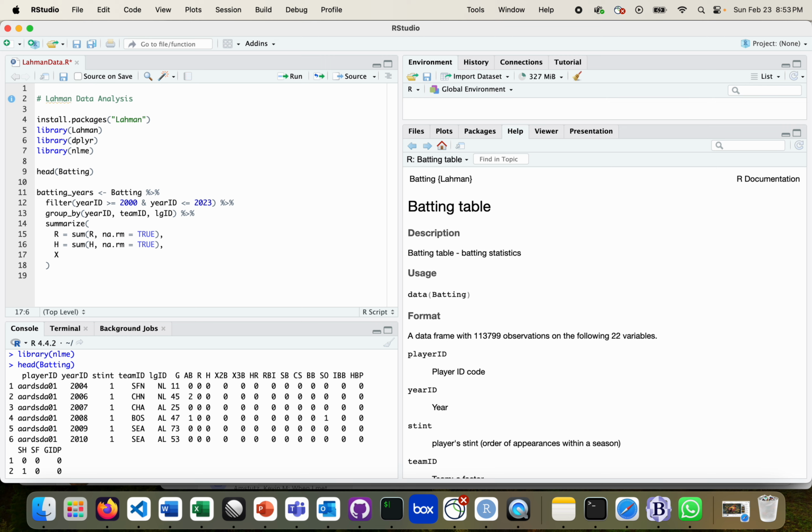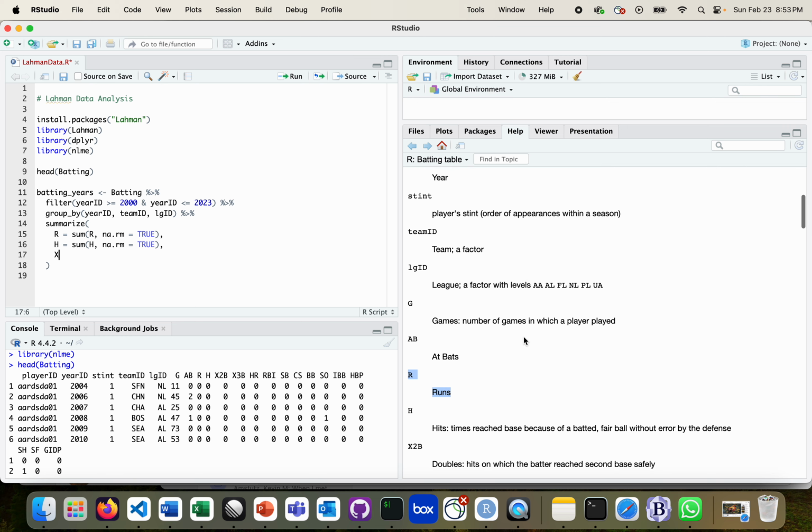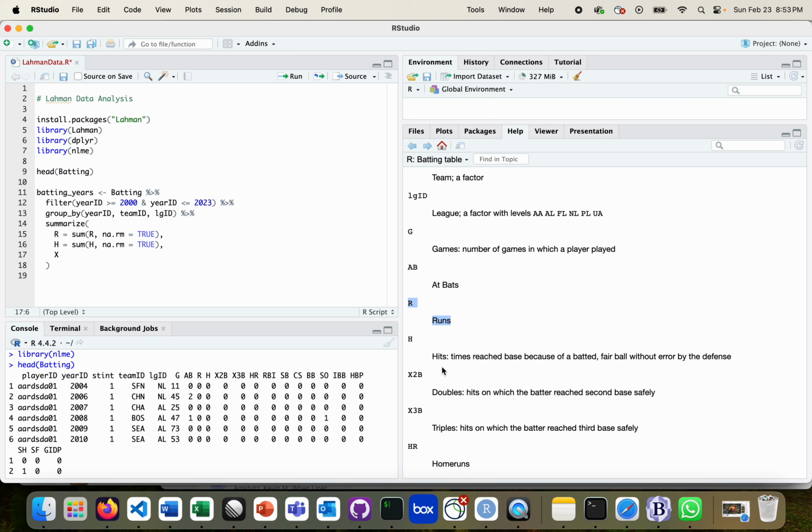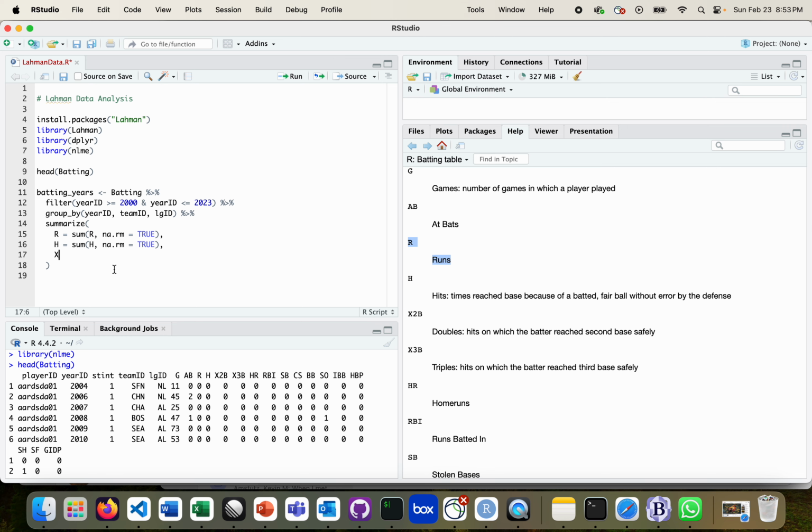And let's say we will use H as an explanatory variable. These are hits, and also you can choose some of the other variables. I see that for doubles, there is some linear increase with R, which you can assume from the data. And I want to get that X2B variable, again with na.rm equals TRUE,